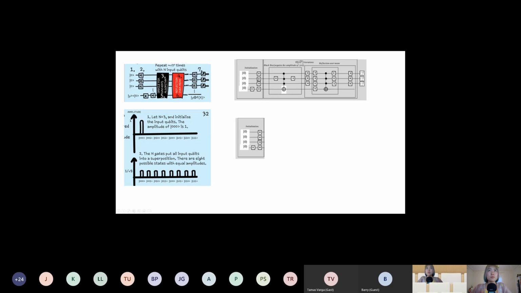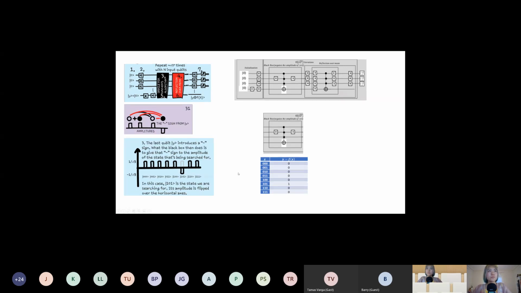But if you scramble them with the H gates, they would make all of your qubits into a superposition of 0s and 1s. Then you have all of these possibilities in superposition, and they all have equal amplitudes. That's what this part does. Then the second part is the black box, the oracle that I already